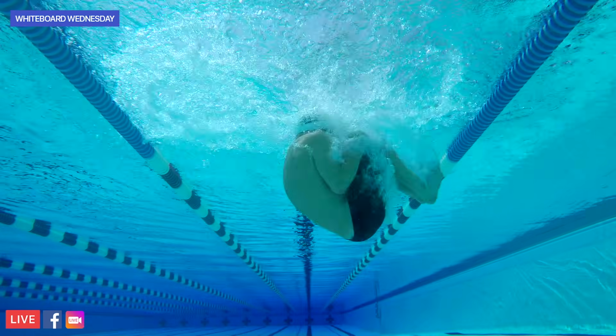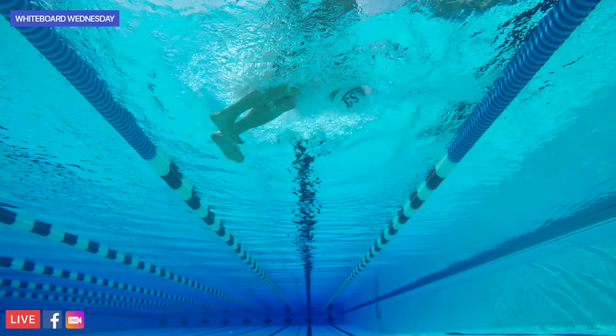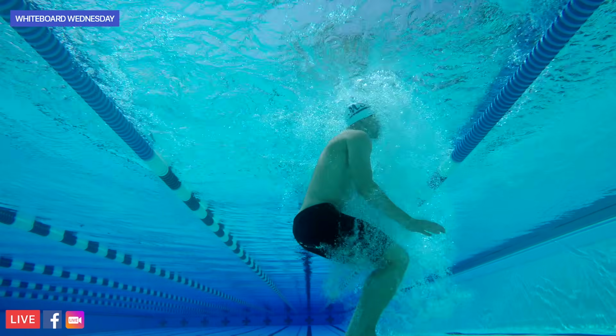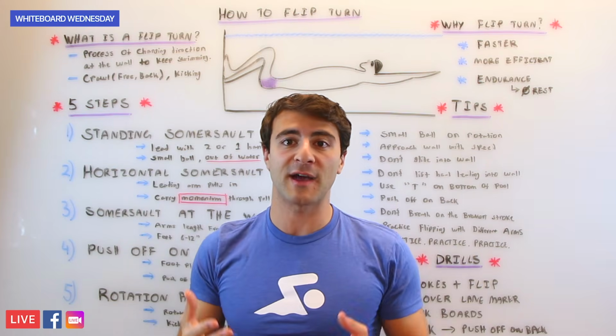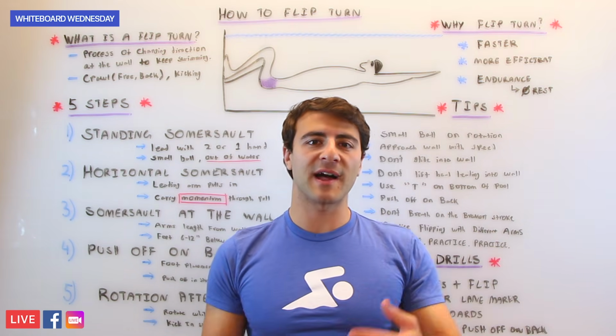So the key is having a small ball, and your goal is to be able to do an entire flip out of the water. Now the whole point of doing this drill, even though you're not going to have a push off the bottom of the pool when you do a flip turn, is to get your body used to flipping with speed with the assistance of one or both of your hands. That way, when you're horizontal, which is step 2, you can apply this at the wall.